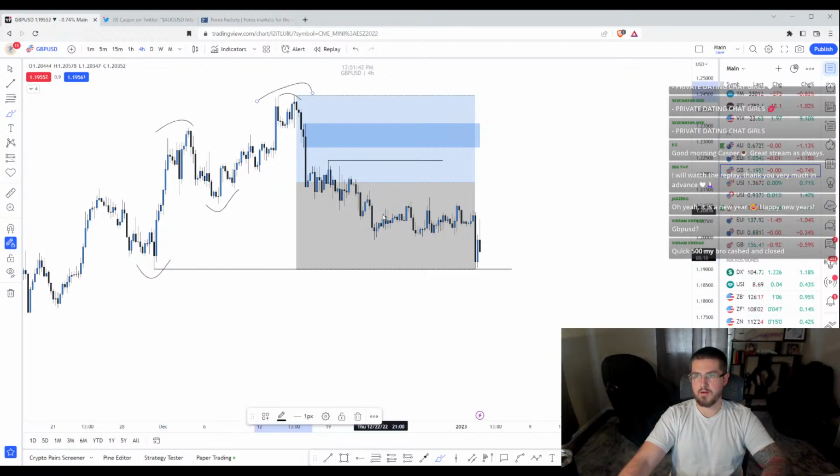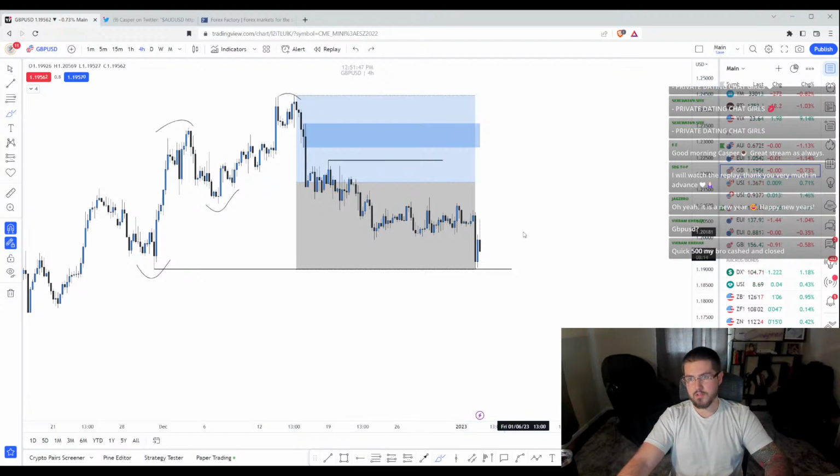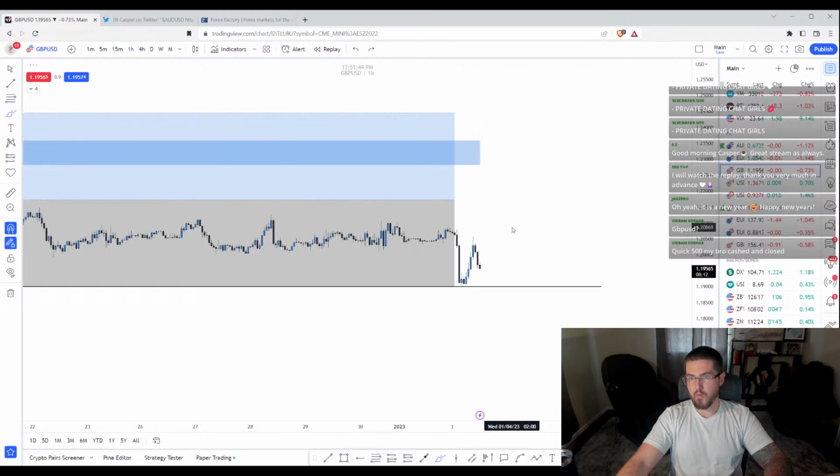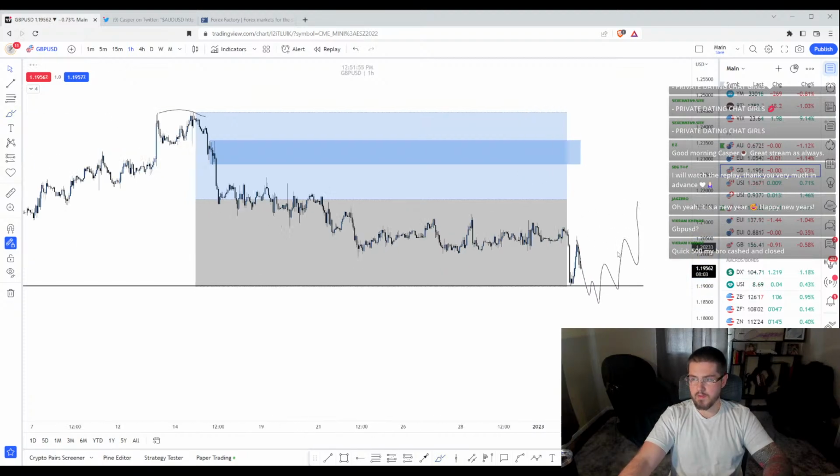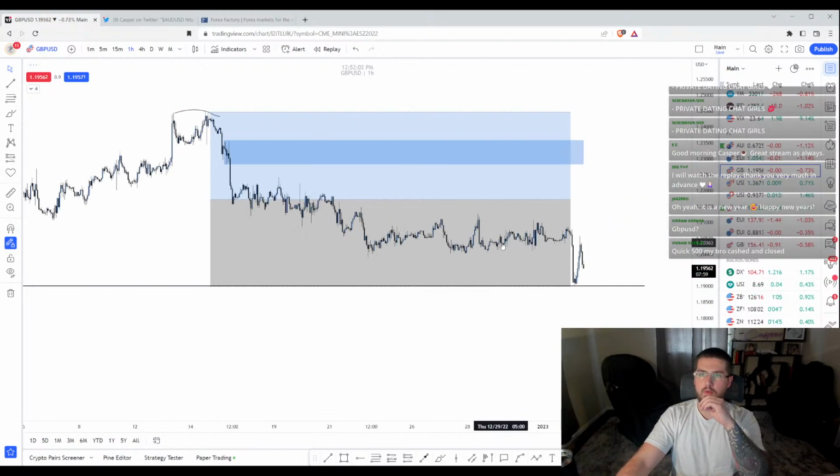And then we pushed down, kind of consolidated. So I would look at this and that as its own range. And at some point, you know, once we start to see structure go bullish, which we haven't seen yet, you know, for instance, we see this, and then something like this, you know, that would tell me that we're starting to pull back up into a premium. But